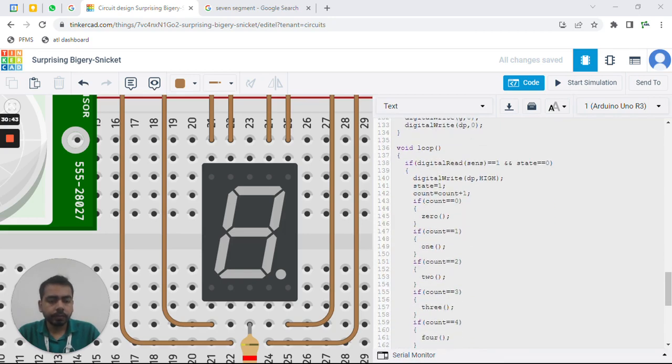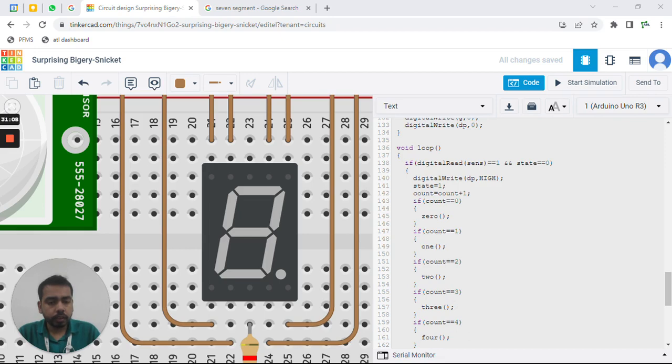And now if the state is high and the previous state was low and now it is reading high, then it changes the state to high, and it is digital writing the high value, since the state is currently high, and also it is checking whether the value of count